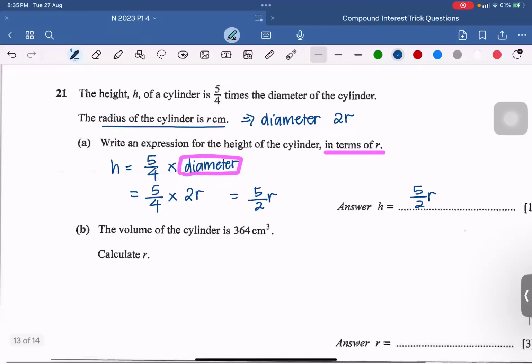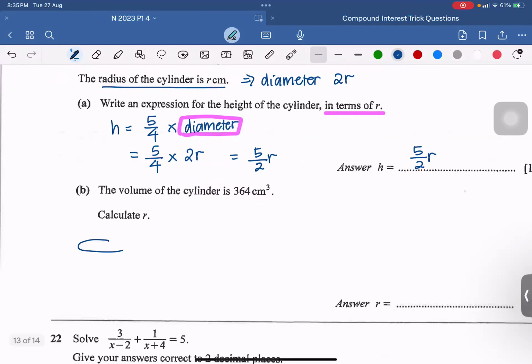Next, volume of a cylinder. What does a cylinder look like? A cylinder has a circular base with a height. So volume of cylinder is base area of a circle. What's the formula for area of circle? Pi r square. So pi r square times the height